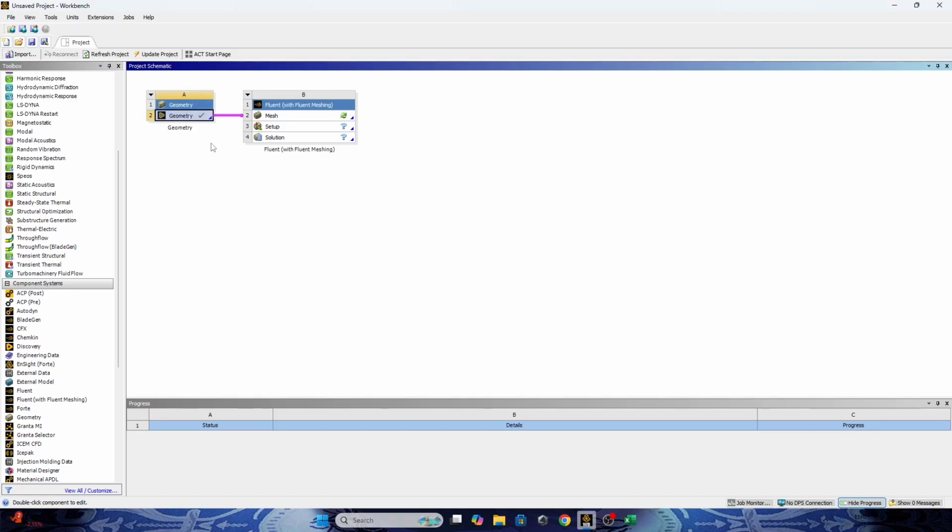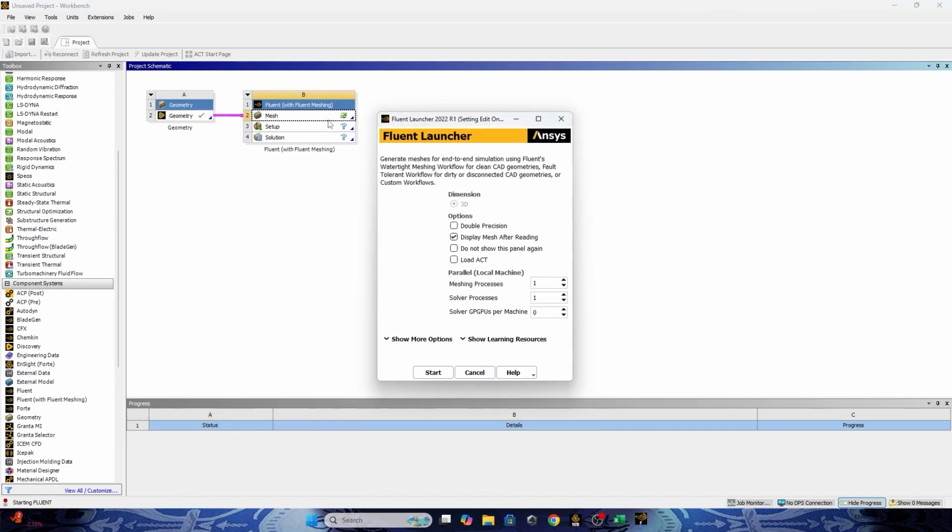With that, we have already finished this section to design our heat exchanger. And now the next step is to do the meshing. Here you can choose the processes for the meshing.